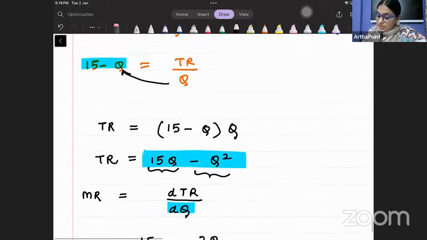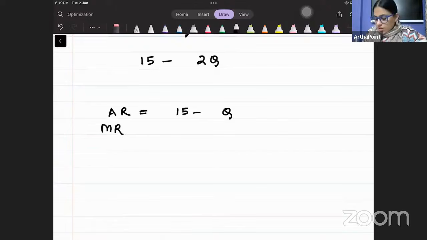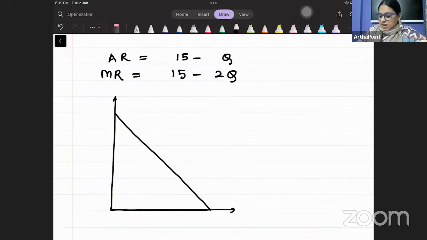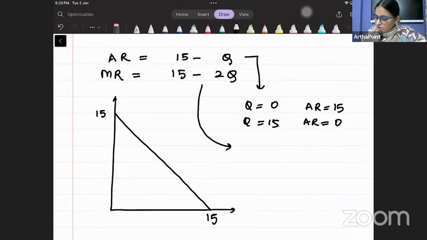अच्छा अब इसमें अगर आप नोटिस करो, ये थोड़ा सा समझने की बात है, ध्यान से देखो बच्चे, तो हमारा जो एवरेज रेवेन्यू लिखा था, वो लिखा था 15 - Q, और जो मार्जिनल रेवेन्यू लिखा है, वो लिखा है 15 - 2Q। तो बेटा अगर मुझे AR को प्लॉट करना होगा वो ऐसे प्लॉट होगा। जैसे अगर मैंने बोला कि Q को 0 रखो तो AR की वैल्यू क्या आ गई बेटा, 15, तो यहाँ पे मैंने 15 लिख दिया। और अगर मैंने AR को 0 रखा तो Q की वैल्यू 15 आ जाएगी, तो यहाँ पे भी 15 आ गया। बट अगर मैं MR को प्लॉट करूंगी तो जब Q को 0 करेंगे तो MR भी 15 ही होगा।